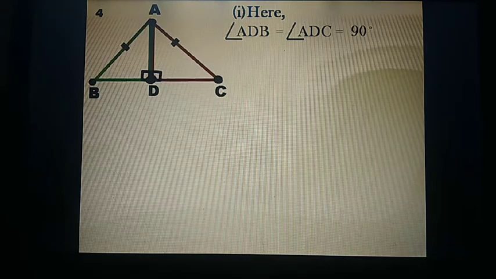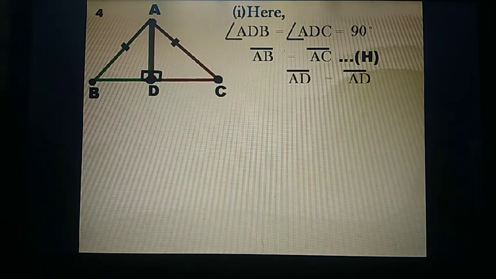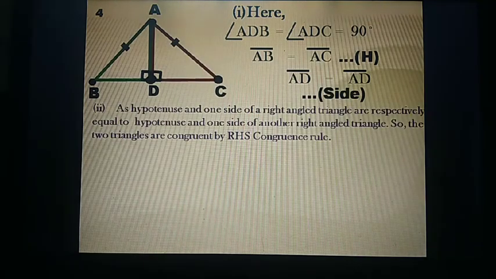Next is AB and AC, they are the equal sides. Next is, this will act as H. Why H? Because they are the sides opposite to the right angle. And AD is the common side. Again, we can say that the two triangles are congruent. This you are supposed to check in the second statement. And we can find out the corresponding vertices. As per the symbolic form, first you will go for A, then D, and then for B. Here, D is equal to D. So, from the third set, you will come to know that A is equal to A.